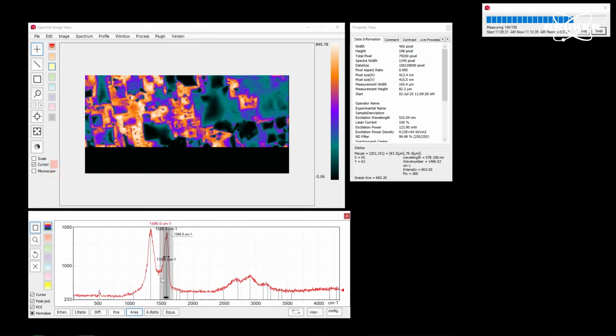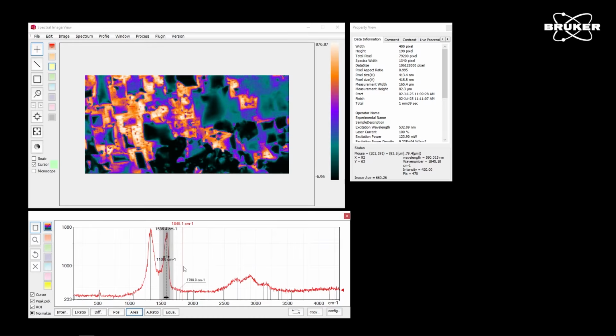We have the D, the G, and the 2D band. From which vibrations they come from and what they really mean, we will see in the second sample, the graphene, where we go into these peaks in a little bit more detail. For this graphite sample here, it would be important to check the ratio of these two peaks because they are an indicator for the crystallinity of our material.